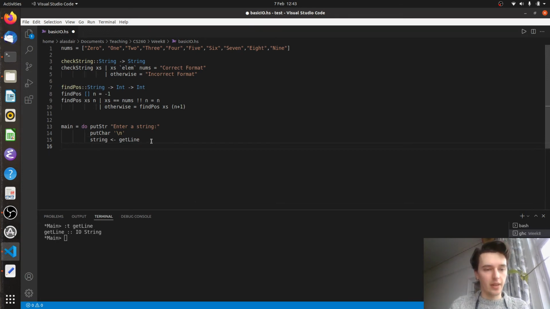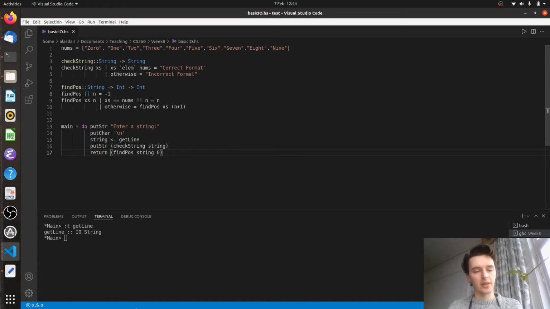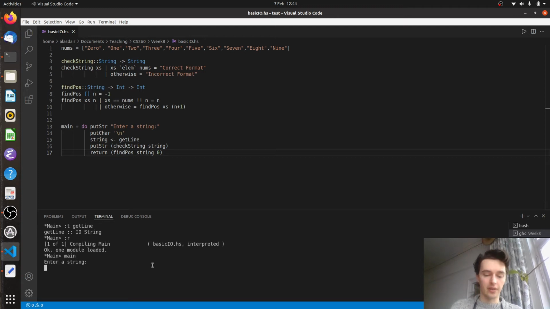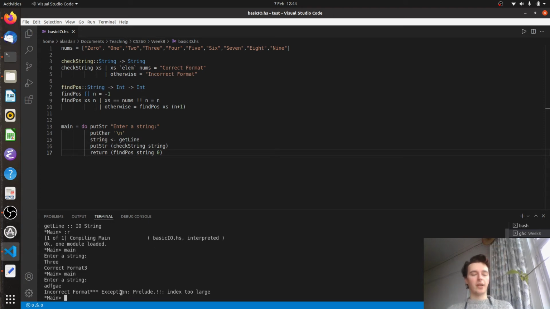So we'll see this working if I do putString, because this function checkString evaluates to a string, so I want to return that. So let's say we checkString on string, and then let's say we return the value of findPosition of string from 0. If I save that, reload, and I call out main, then I have to enter a string. So if I give it something like, let's do 3, then I get correct format 3, because I didn't put another \n in here. If I call it again, I smash the keyboard, then I'll get incorrect format, empty preload